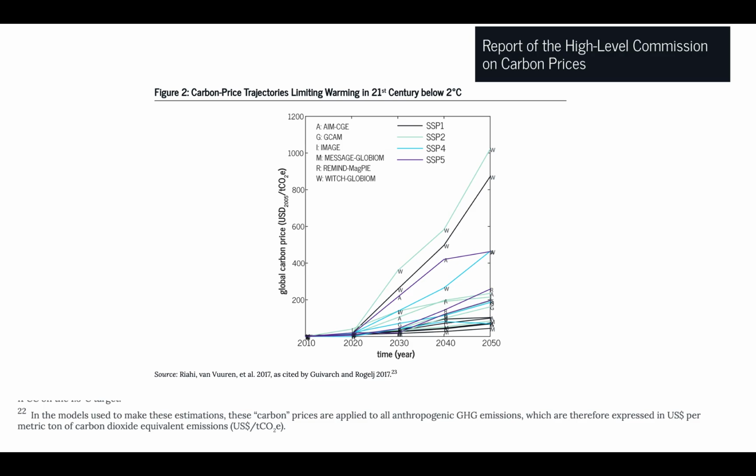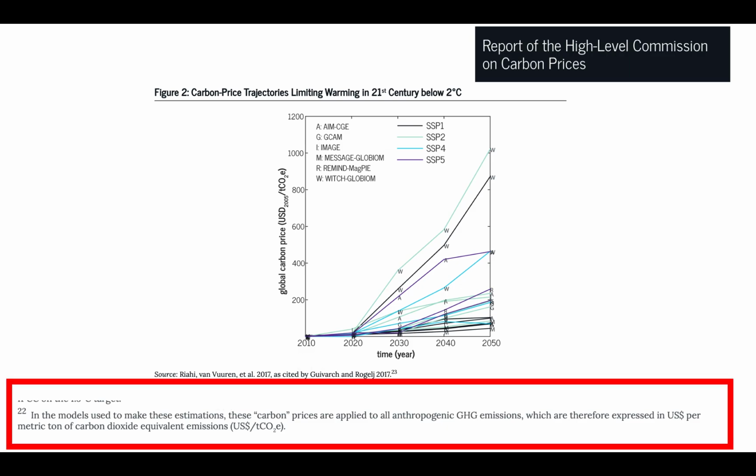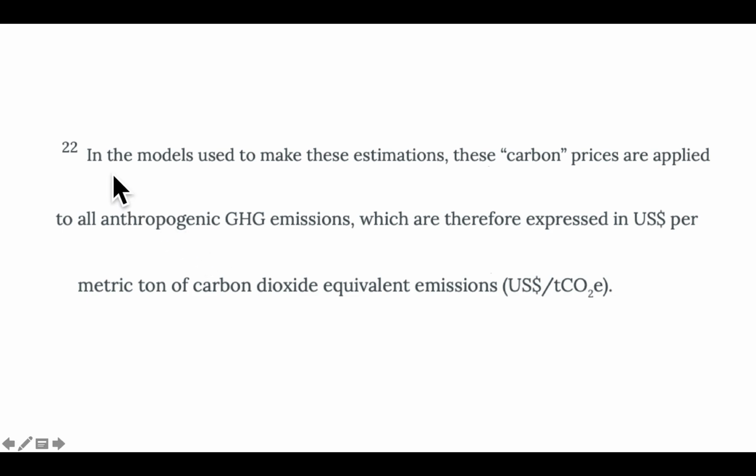Well, we went back to that report, and here's the report, and we were looking at it, and then we noticed number 22 footnote in the fine print. And I blew it up so we can read it really well. And then next, there's the fine print footnote number 22. In the models used to make these estimations, these, quote, carbon prices are applied to all anthropogenic greenhouse gas emissions